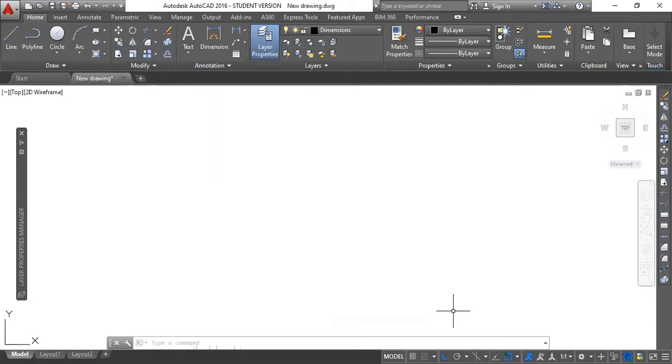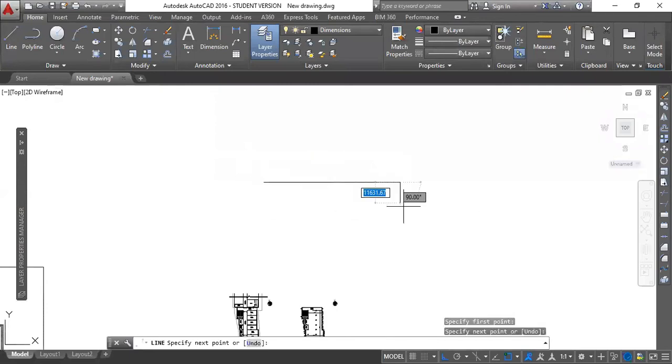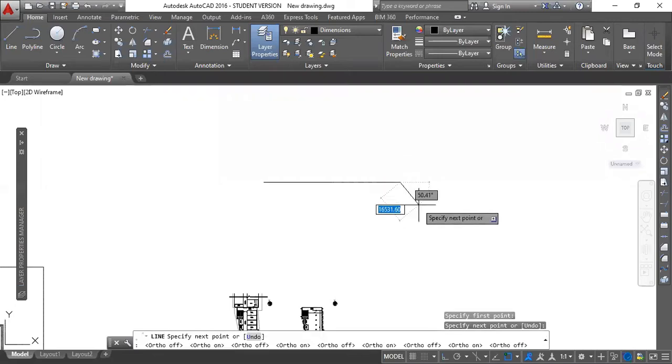By default, the ortho on and off option is associated with the shortcut F8, and if not, you can set that from the settings as well. That is easier for you whenever you are drafting something, like doing some lines, so you can easily switch ortho on and off.